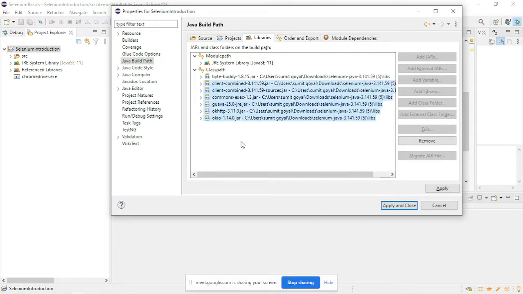So these files are present in my local machine, right? So what happens if I give this project to some other person? This path will be different, right? So this path will not be present in his or her system. So what will happen? You need to download the file again and then place it.